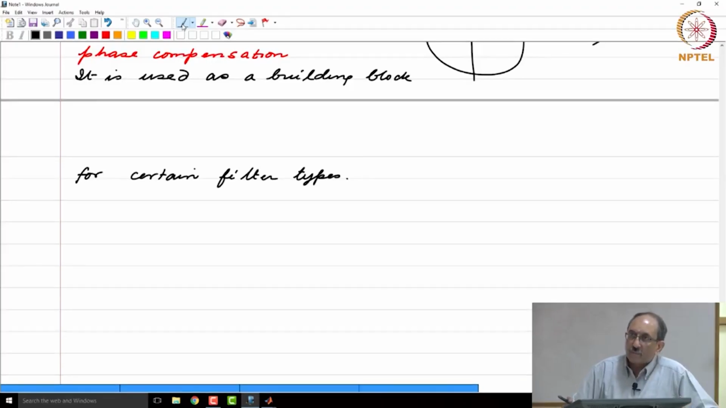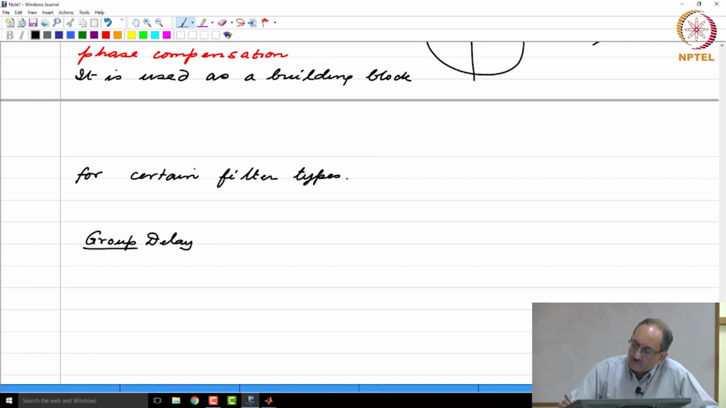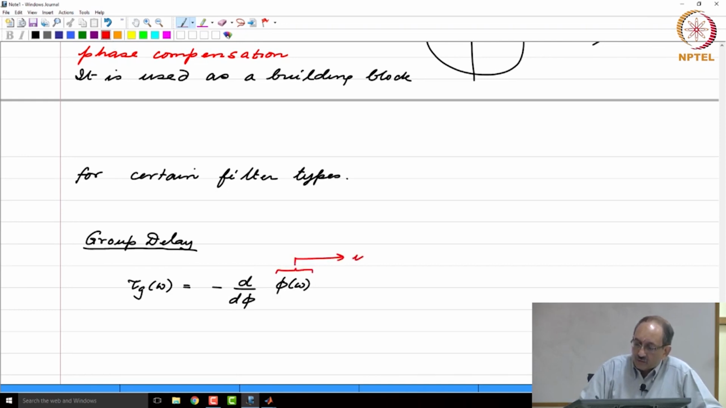Now, let us move on to the next important topic of group delay, which is very closely tied to the phase response. So, we will define what group delay is. This is the notation that is used for group delay, and this is nothing but the negative derivative of phi of omega,